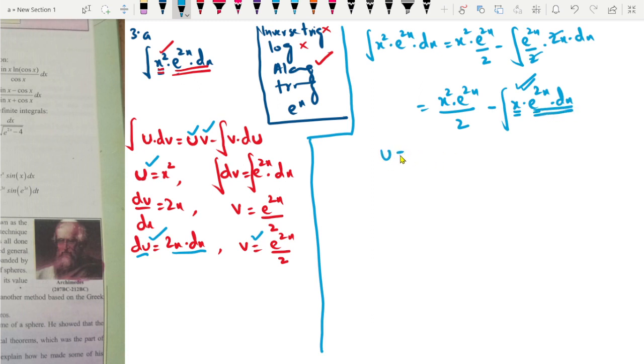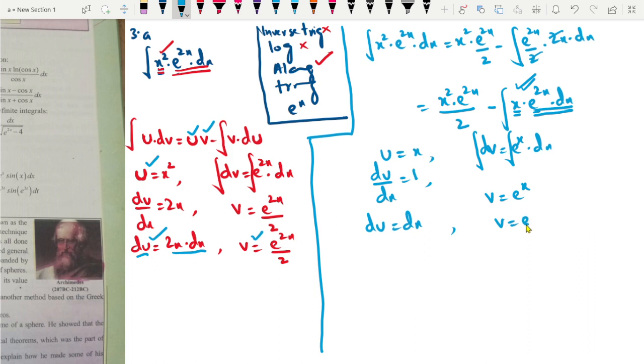So u is equal to x and dv is equal to e to the power x dx. So taking the derivative of this one, du divided by dx, the derivative of x is 1, and the integral of this is v. dv is equal to this one. So the integral of this one, v is equal to e to the power x. So du is equal to dx and v is equal to e to the power x. We have u, we have du, we have v. Okay, so putting all these values here, this will become x squared e to the power 2x divided by 2